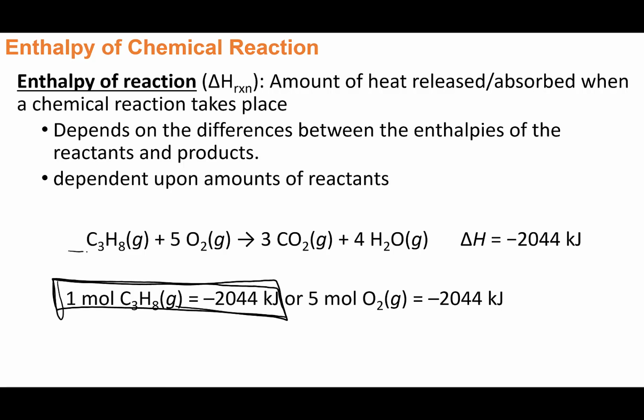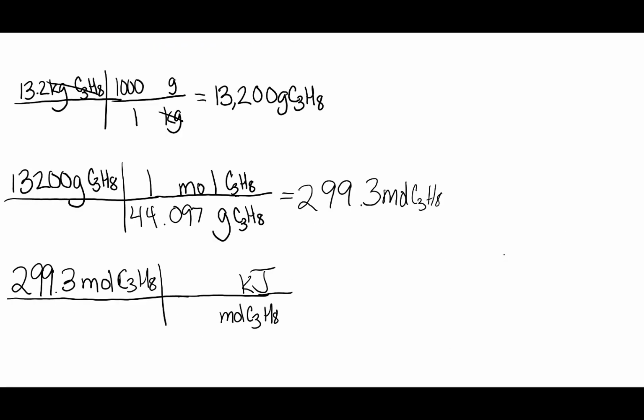For every 1 mole of our hydrocarbon that breaks down, it's going to release 2,044 kilojoules. So that equality is stacked one on top of the other as a conversion factor,